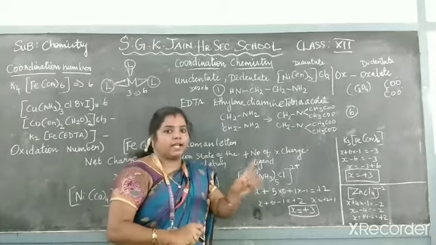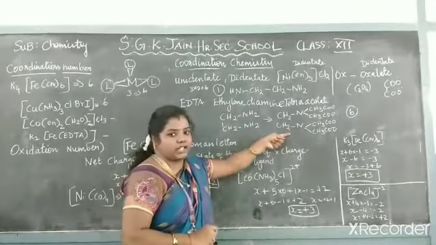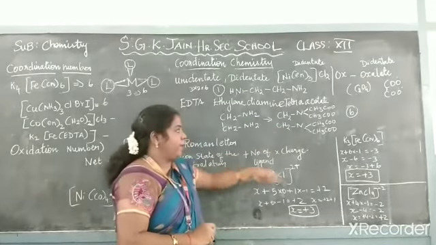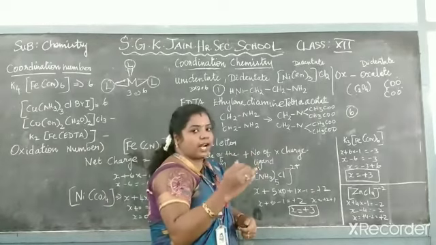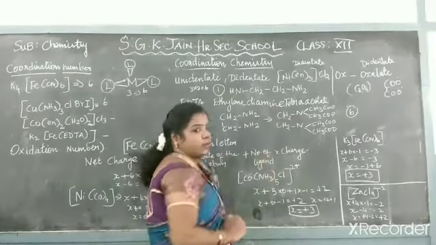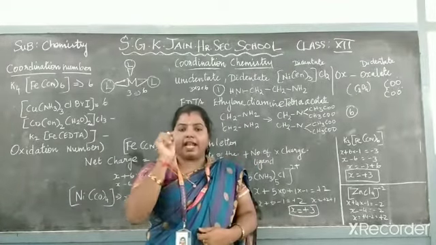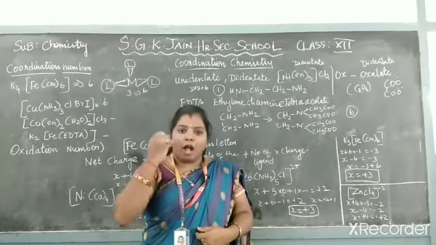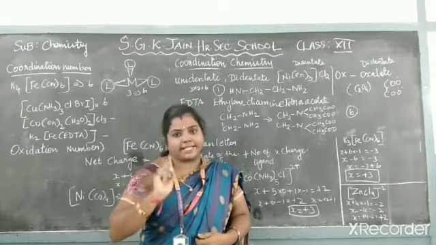So the 4 acetates will be combined with the ethylene diamine, and you will be getting this structure. So this is the ethylene diamine. How many donor atoms are there? Here 4 already are there, and for nitrogen 2 are there. So totally it should be 6. If EDTA is given, it is counted as 6.